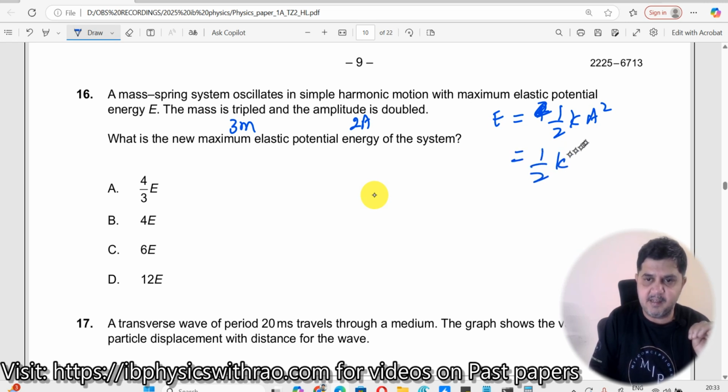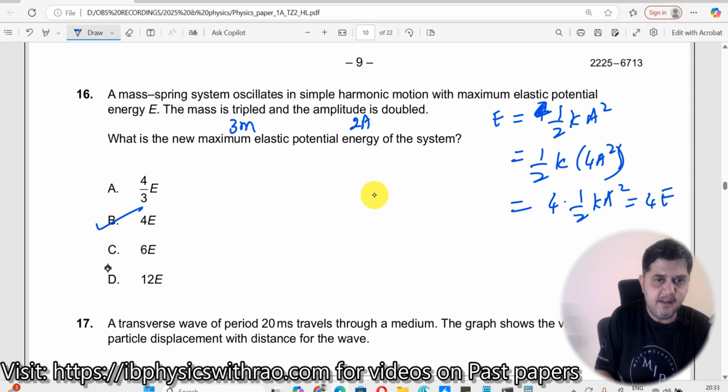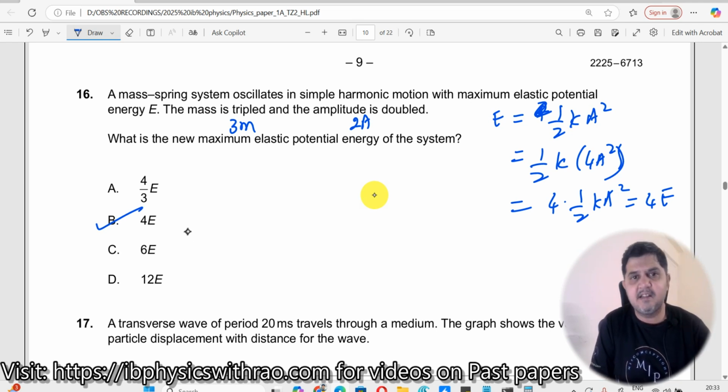Half K multiplied by A. What is A here? This becomes 2A, so 4A square. So this should be 4 times half K A square, which should be equal to 4 times E. So the answer is 4E. There is a misconception which many students have committed in their exams and also